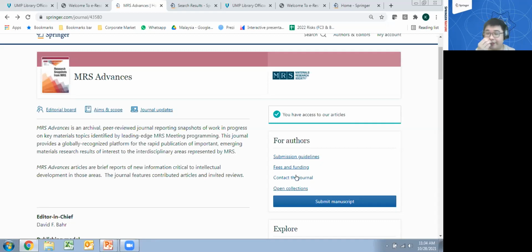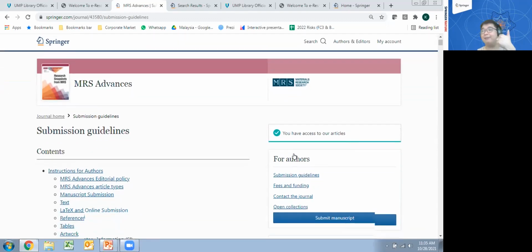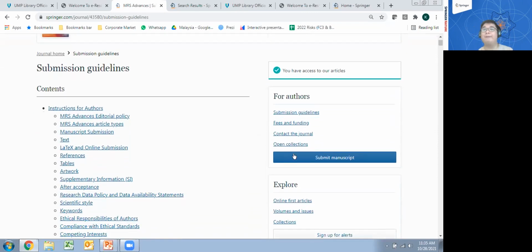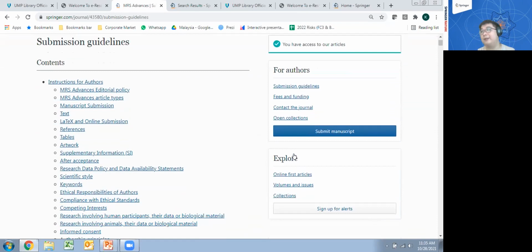There are also ways to contact the journal. Again, it's usually through a central person. And submission guidelines help to tell you, for example, the number of words accepted in the manuscript, how many pages, if you have images, whether they can accept color, what the size and format are, etc. So it's really important to read all of this first and to ensure that your manuscript matches, or adapt your manuscript to match the requirements of the journal before actually submitting, because you want to prevent a situation whereby